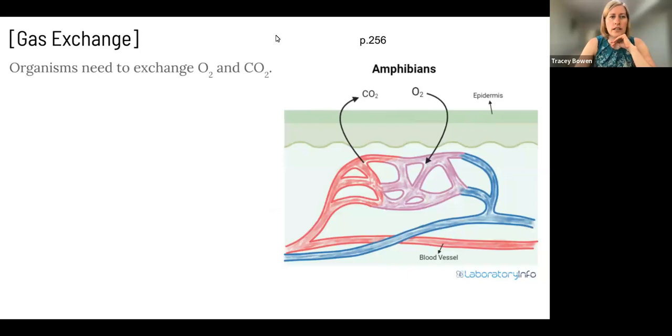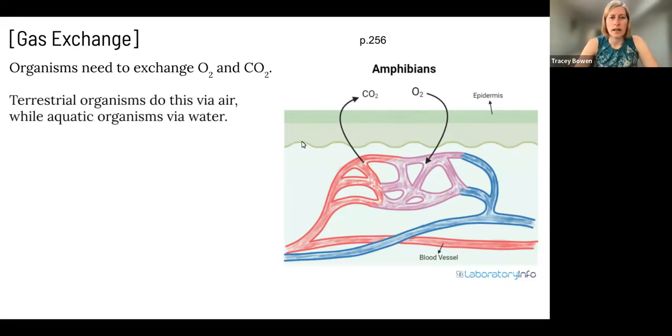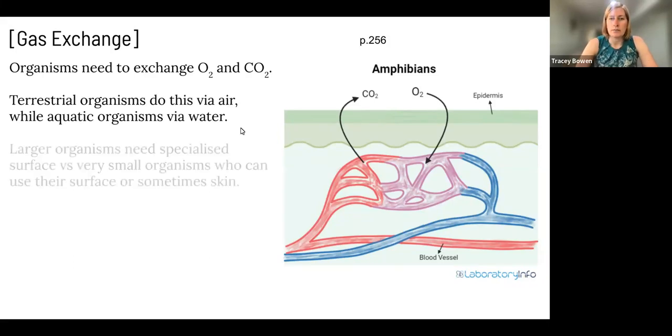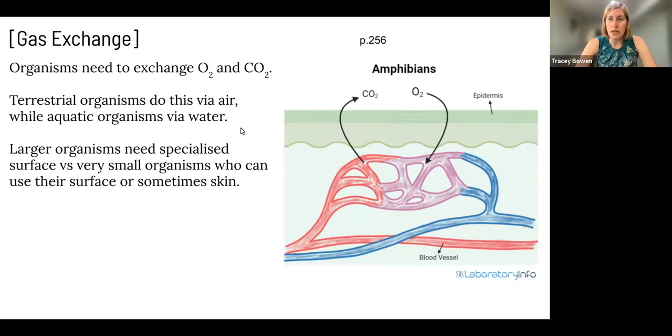So firstly, a gas exchange organism needs to move carbon dioxide and oxygen. So one needs to go in, one needs to go out. And terrestrial organisms do this via air, while aquatic organisms do this via water. Larger organisms need specialized surfaces, but smaller organisms can sometimes use just their surface or sometimes skin to